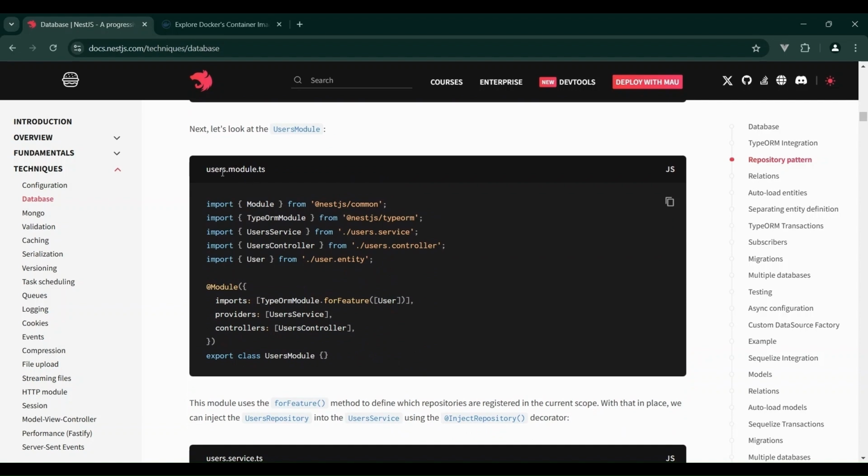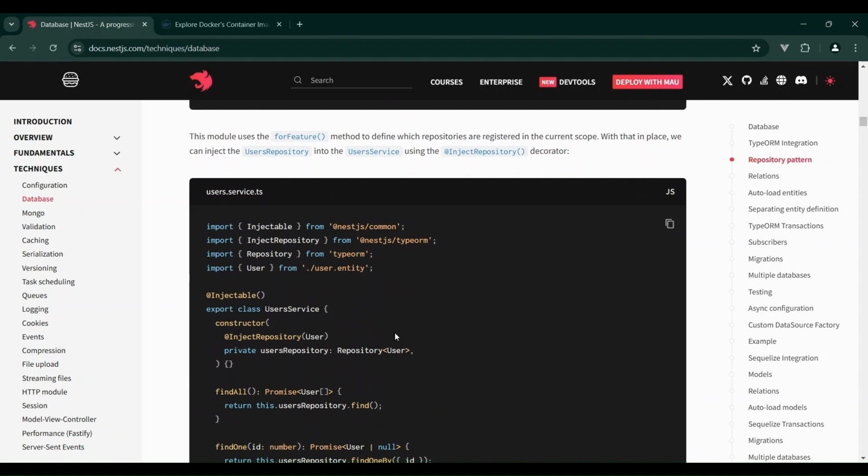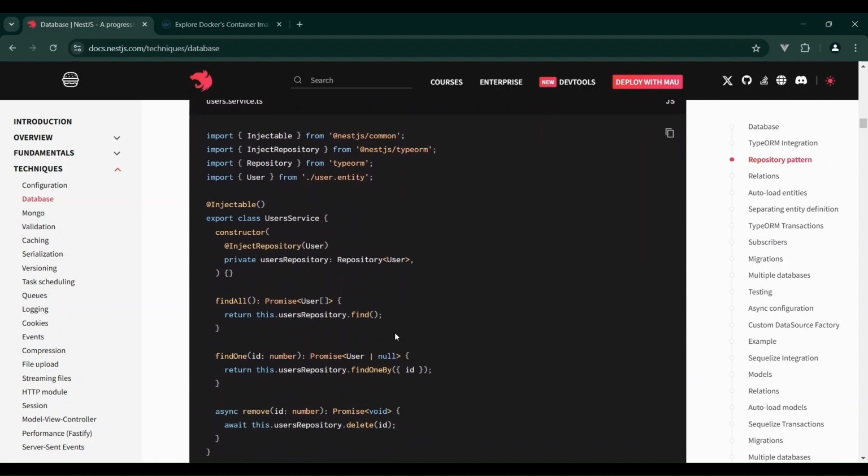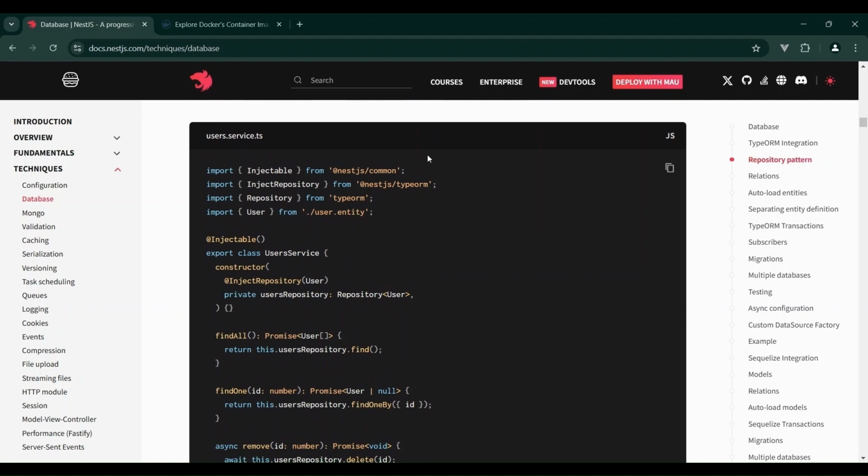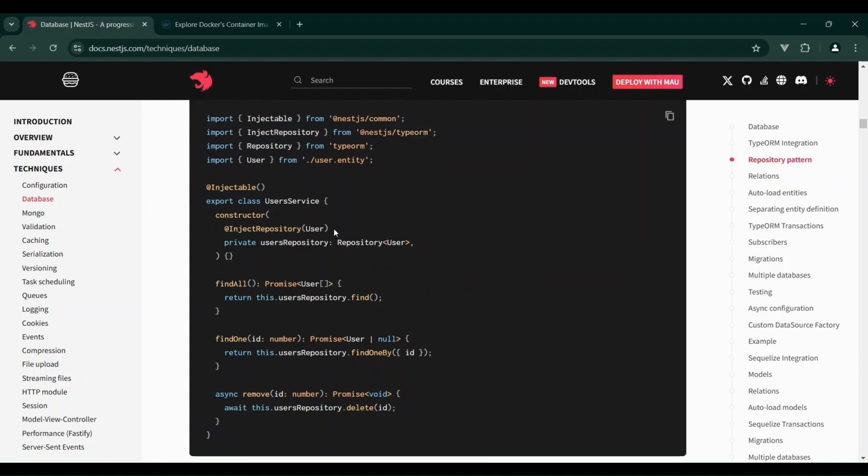And in our feature related module, we will be importing for a feature like this. We'll be importing a particular entity and doing the interrelationship between different classes serving the feature. And below here, if you notice, we are in our entity.service.ts, we are importing the necessary library, and we are using the InjectRepository here to inject the repository to